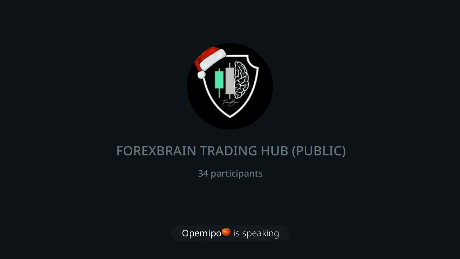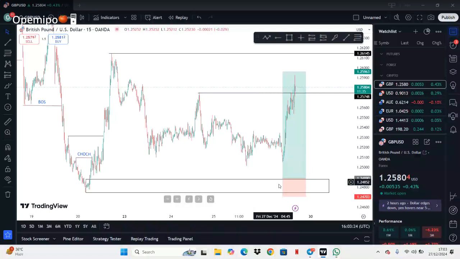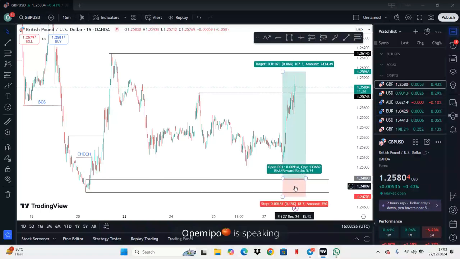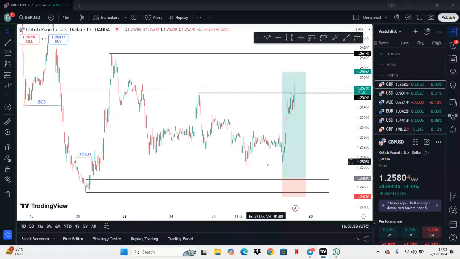Okay, so I saw that price didn't really even tap into my entry zone, but it just took out this point, took this liquidity around here and boom, went back up. So I don't know, maybe I'm missing something or I don't know what I'm not doing right. Maybe if you can. Okay, good.